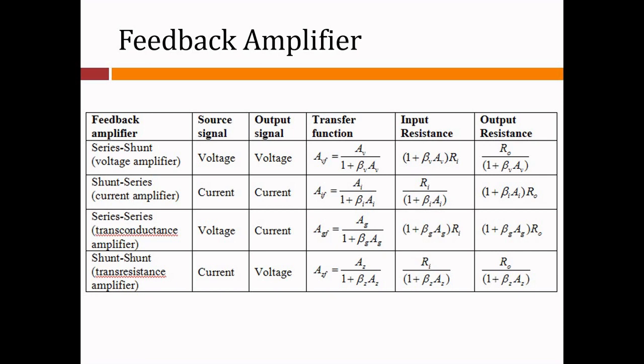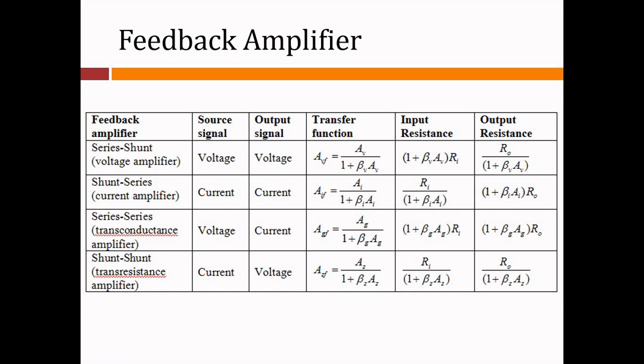In this list, voltage refers to connecting the output voltage as an input to the feedback network, and current refers to the tapping of some output current through the feedback network. Series refers to connecting the feedback signal in series with the input signal, and shunt refers to connecting the feedback signal in parallel with an input current source. Now in today's experiment we shall try to prove the advantages offered by a current series feedback amplifier.